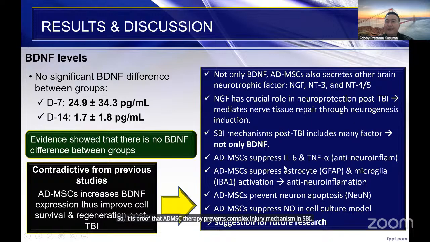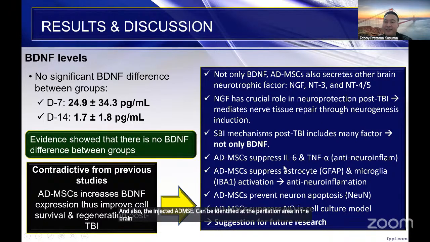It will in turn cause early initiation and maximization of the neurorestorative process. And in the end, it will restore cognitive function post-TBI. And a previous study found intracortical injection of ADMSC will improve motoric function through the Rotarod test. And also the injected ADMSC can be identified at the perilesional area in the brain and increase hippocampal cell density